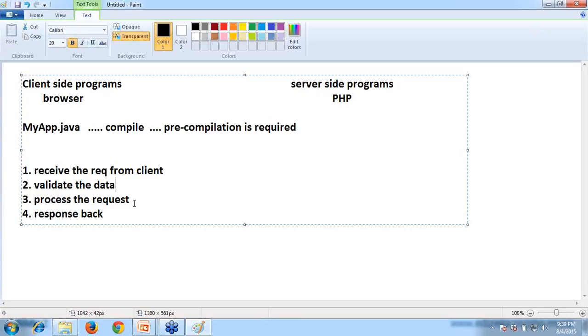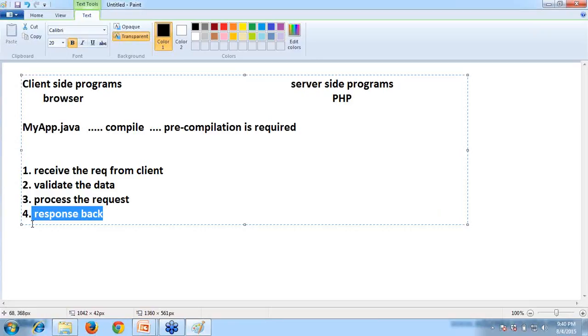Then, with the username and password I submitted to Edureka, that server-side program, if it is in PHP, will connect to the database and check whether that particular username and password is available or not. If it is available, I can log in and see my LMS with the case studies and everything. If the username and password is not correct, Edureka will give an appropriate response that you are not an authorized user, the username or password is not correct.